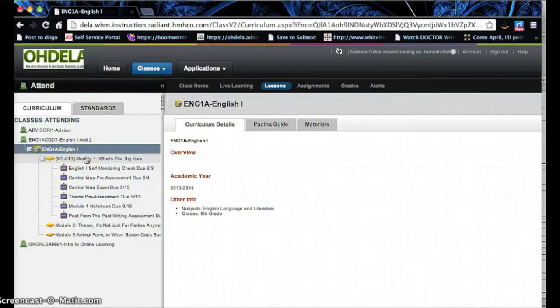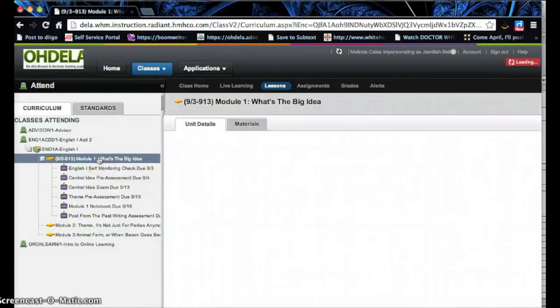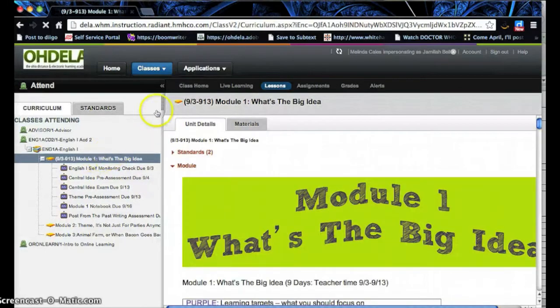First of all, my teacher asked me to do this on the first day of school as a self-monitoring check. So there's actually going to be two places that I could go to find the form. The first is going to be where I'm going to turn it in. You can see it says English 1 self-monitoring check, due 9/3. However, I'm going to go to the main place that it will normally be at, and that's the beginning